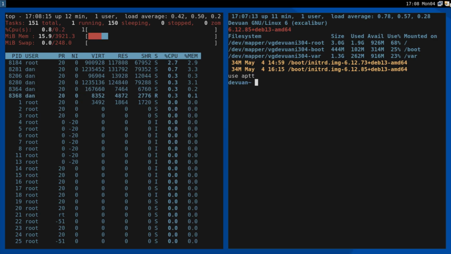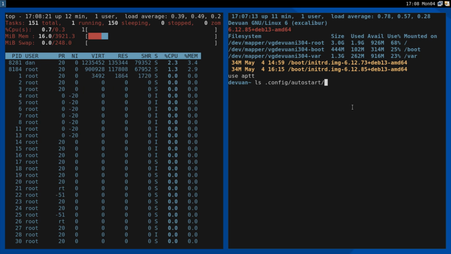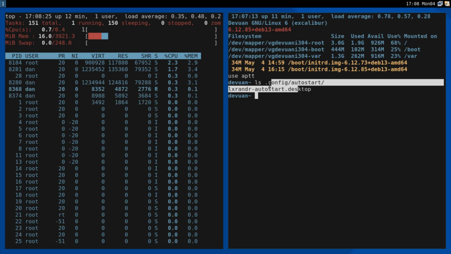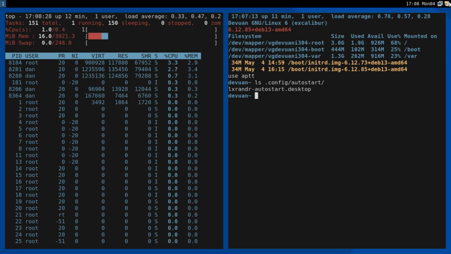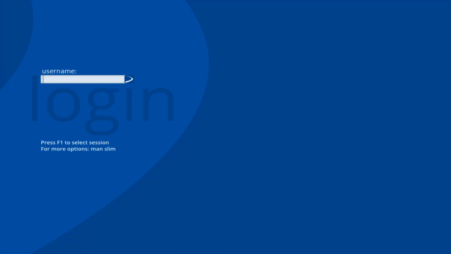So this is how you can configure it. Just to show you. And ls .config/autostart, here you see lxrunner autostart is in there. I don't know why this is in i3 as well, but you know, I did